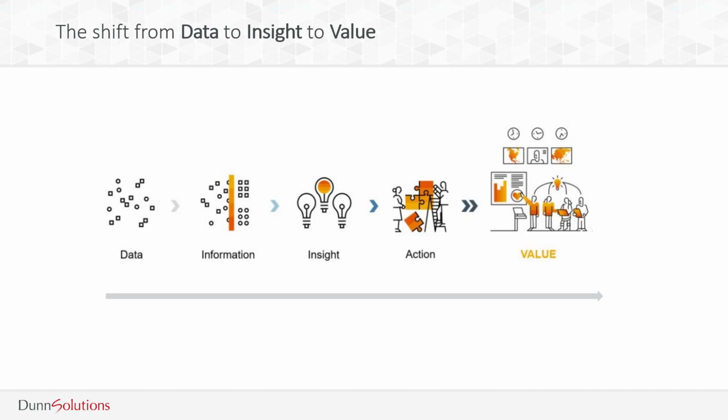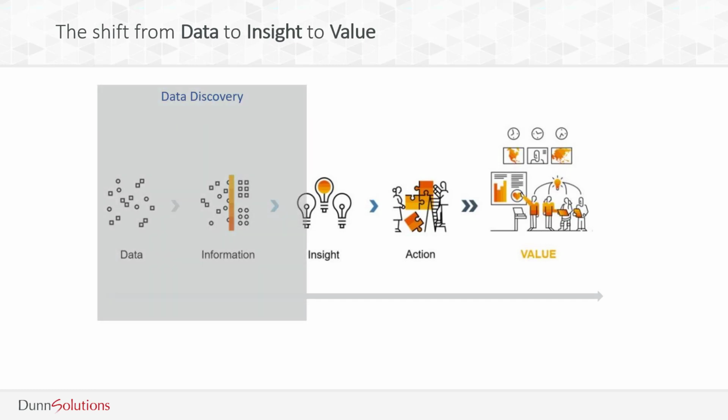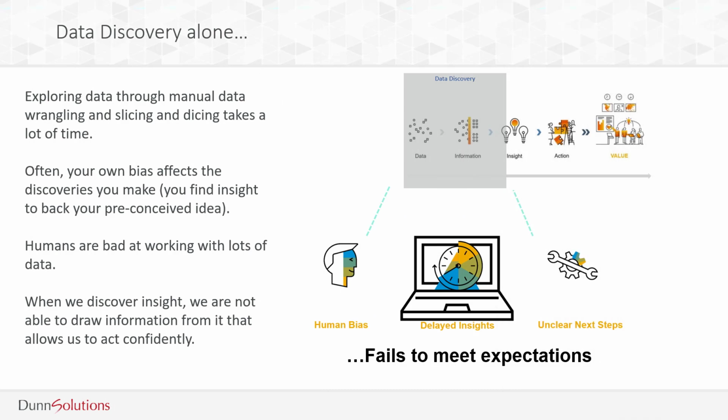Data is valuable, but only if it's used for something. When you start to use that data to get information and to glean some insight, you start to get more value out of that data. The way that most people and BI tools work is to wrangle the data, then slice, dice, and drill your way to some level of insight. You're probably doing this today. We call that data discovery. Data discovery alone can't meet your insight expectations. The promise of analytics has always been to get the right information in the hands of the right people at the right time to enable better decision making.